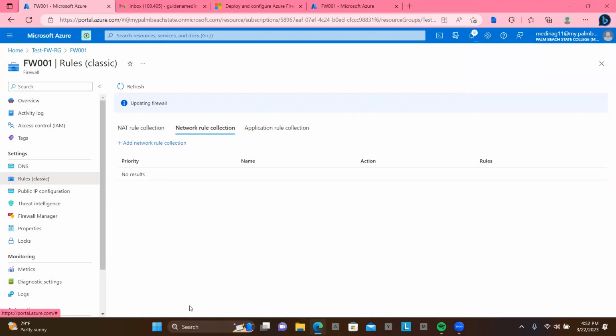Okay. So now we have to configure a DNAT rule. This will allow you to connect a remote desktop to the server, the virtual machine, through the firewall. So we're going to click on NAT rule collection, which is this here. We're going to click on add,